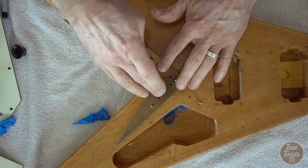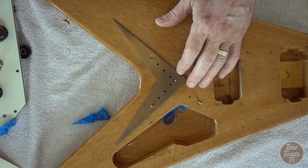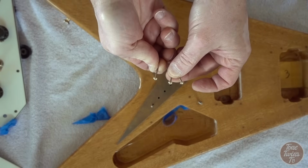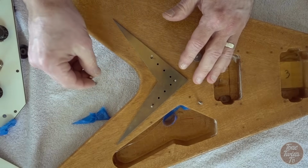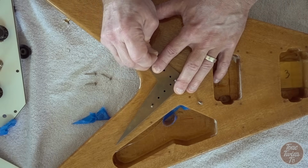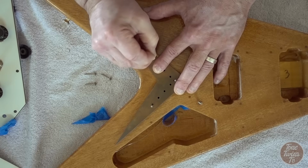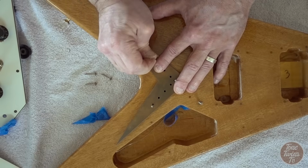Now what I did was I actually pre-drilled these holes for the fixing nails, because I think these are brass. They're certainly non-magnetic. These are the ones from Crazy Parts. I've aged them up a little bit, and I didn't want to risk them bending or twisting or anything nasty happening to them. What I'm going to do is just pull these nails out if I can, and I'm going to put the proper nails in, but I'm not going to tap them all the way down. I'm going to tap them most of the way home, but leave a little bit of wiggle room on the plate,